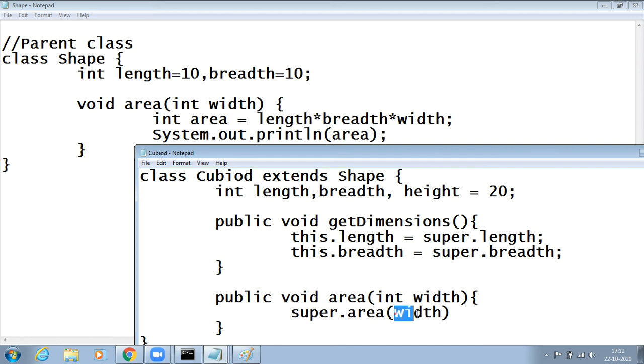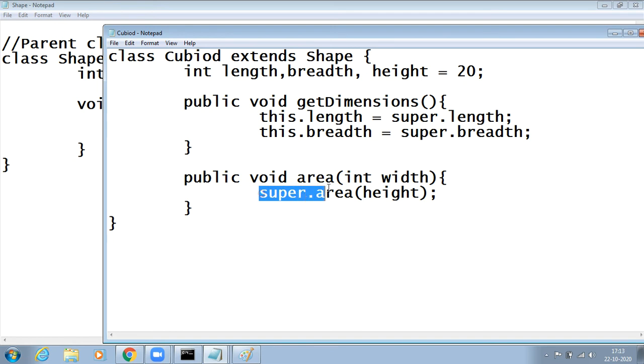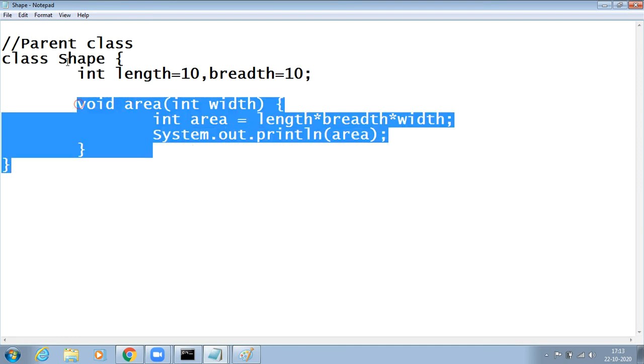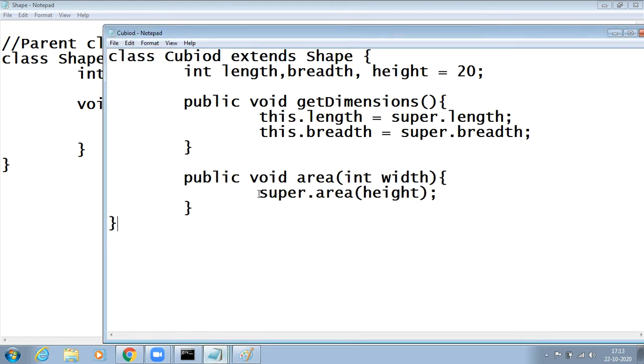It's a width or height, I can pass height, no problem. So I'm saying super.area. This area is a method of which class? The superclass called Shape. So the superclass area is called from the child class using the keyword super.